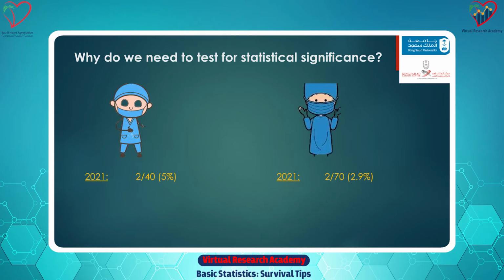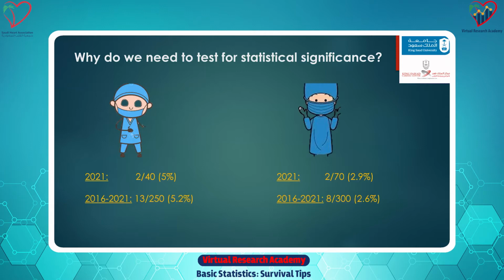So question to you now, would you feel confident saying that surgeon A has a higher complication rate than surgeon B? I think all of us, or at least most of us, would say no, right? These are small numbers. The difference is small. Maybe surgeon A had a bad year. Maybe by chance had 1 or 2 more complications. So, you know, all of us would say this is not enough. We wouldn't feel confident saying that surgeon A has a higher complication rate than surgeon B.